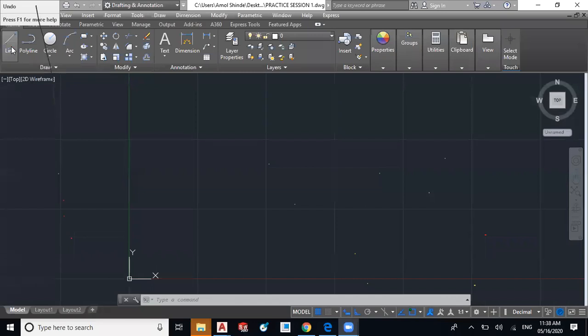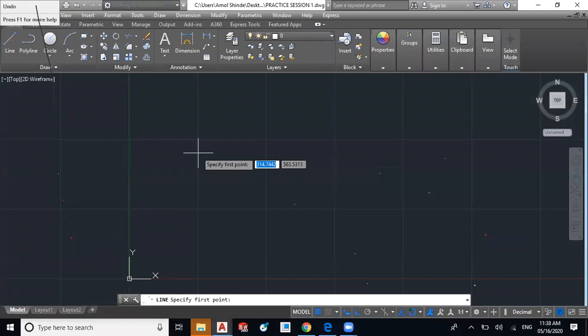Okay, the first command is the line command. To use this line command, select the icon of line from the ribbon. Now AutoCAD is asking to specify the first point. You can use the coordinate system as well.